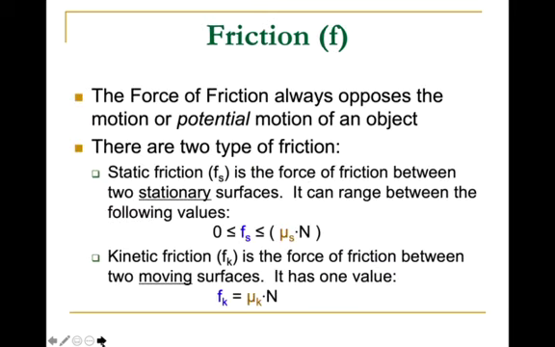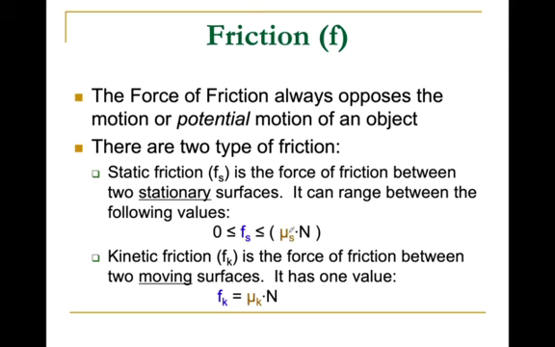Friction is probably one of the more challenging parts in this chapter, and don't panic. The first thing I need to tell you is that there's two different types. Static friction, which we usually represent as F sub S, is a force of friction between two stationary surfaces, static surfaces. It can range all the way between 0, this is the force of static friction, up to a